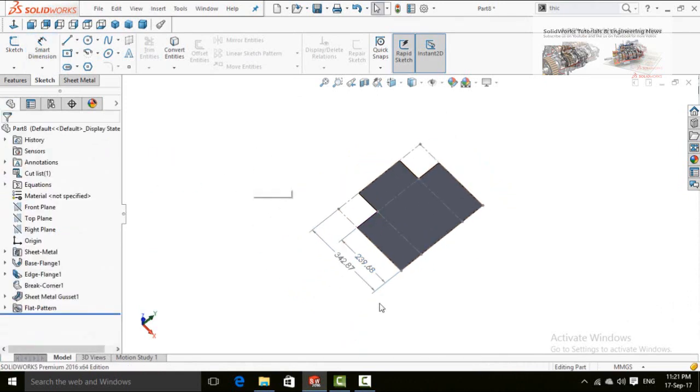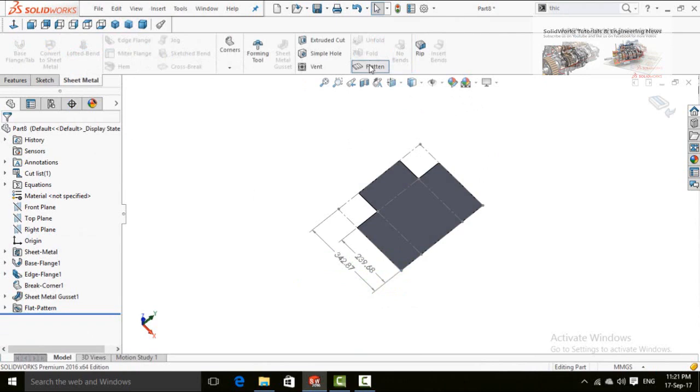So press OK. Once you have completed this task, just press the flatten command or press this button.